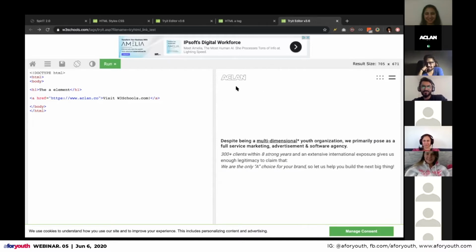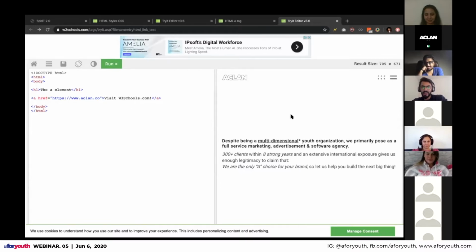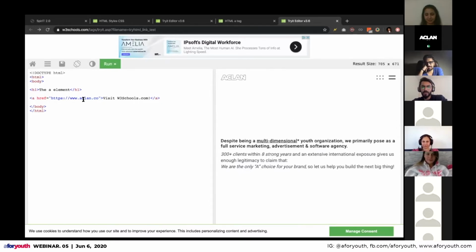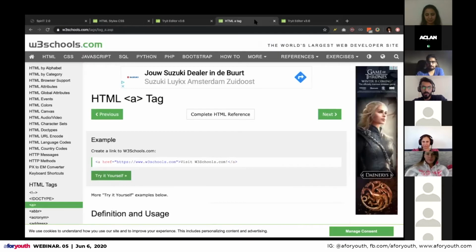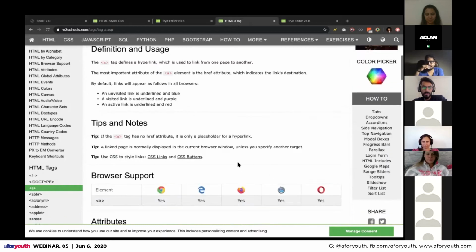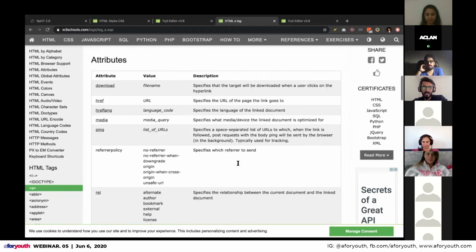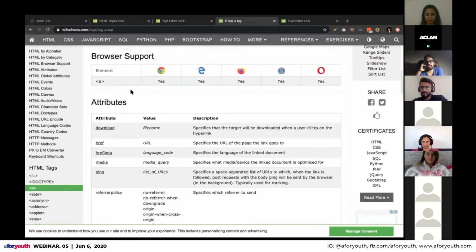So yeah, it's the link tag, and we can actually point to any website we want, and we can actually open it in a new tab as well, but we have to define some other attributes. So Maz, if I may, open any website but Eklan.